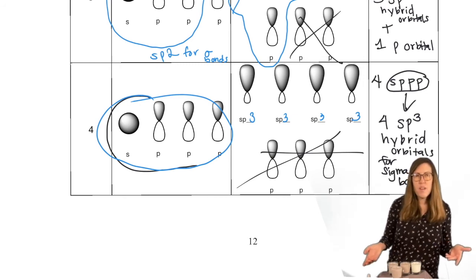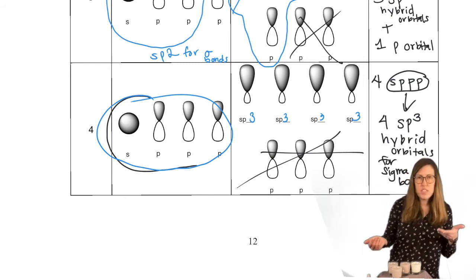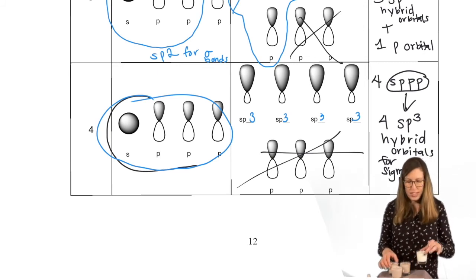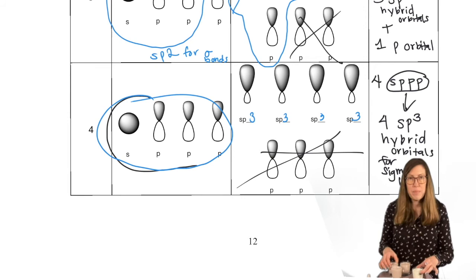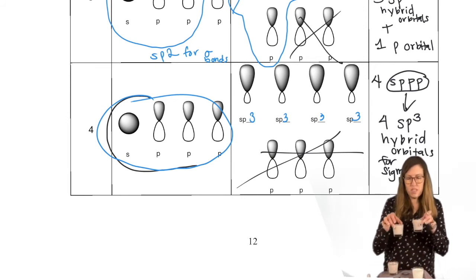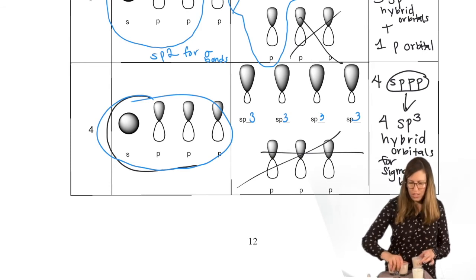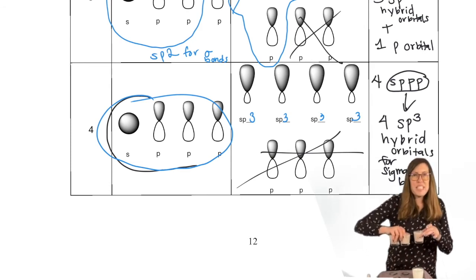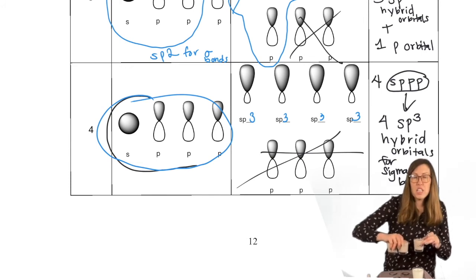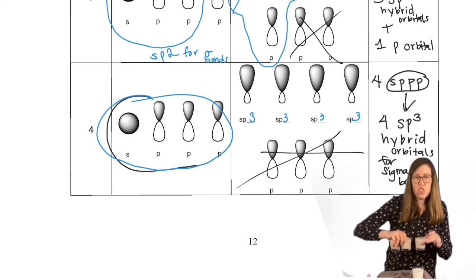Notice 4 orbitals we started with. We ended with 4 orbitals. But look at the difference. Only one is still a pure p atomic orbital. Now we have 3 mixed orbitals, right? The volume stayed the same. The number of orbitals is conserved. We didn't get a giant orbital. Now, we did see a difference in the color. So it's still chocolate milk, but it's a lot lighter.